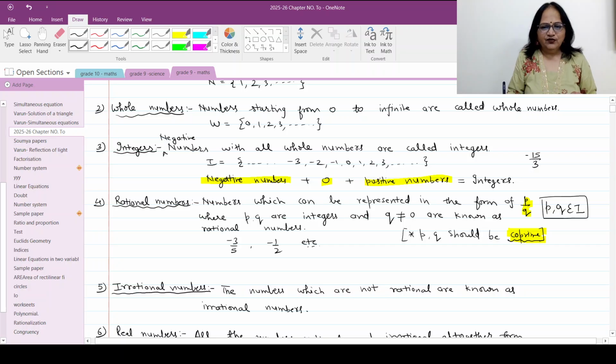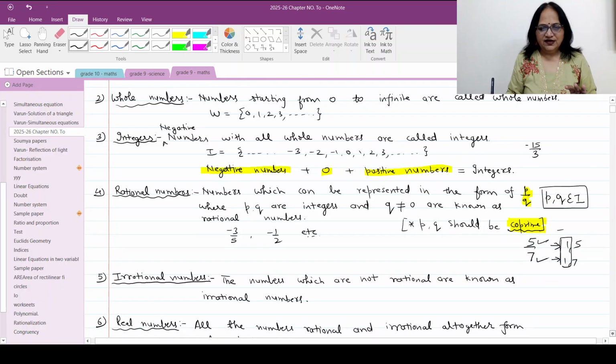You know? And one more thing we have to remember here, if we are writing the standard form of the rational number, then p and q should be co-prime. Co-prime numbers are those numbers which have no common factor other than 1. Okay? For example, I write 5 upon 7. So what is the common factor between 5 and 7? Let's write the factors first. Factors of 5 are 1 and 5. Factors of 7 are 1 and 7. What is the common factor here? It is only 1. Right? So 5 and 7 are numbers which are co-prime. So this is the important factor.